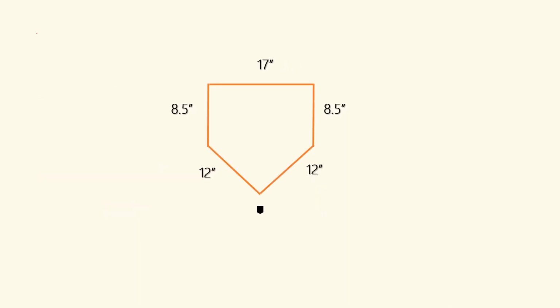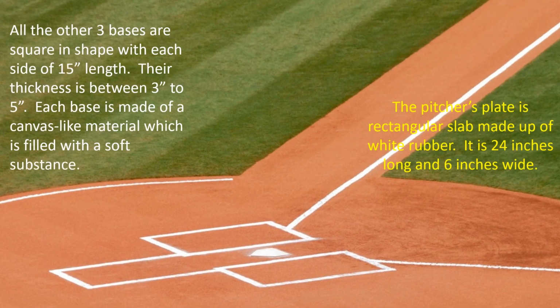Now let's see the dimensions of the home plate. Home plate is a 5-sided quadrilateral shaped plate and the maximum length is on this side, which is 17 inches, and there is a 12 inches side like this and an equal side like this here. Let's now take a look at these boxes in real life from the real playground.